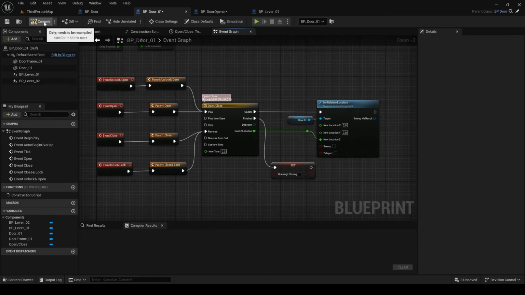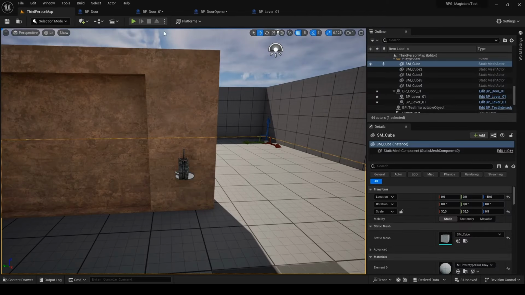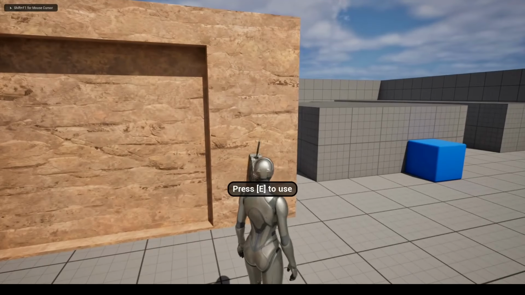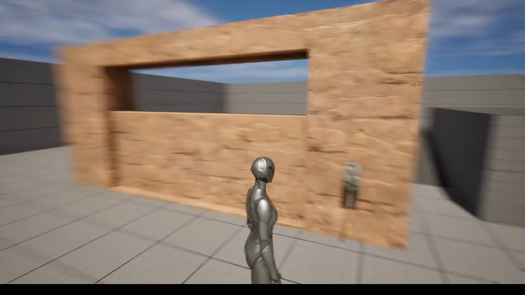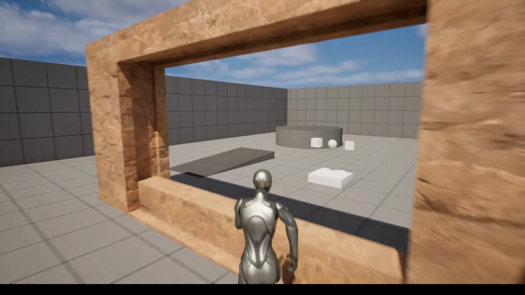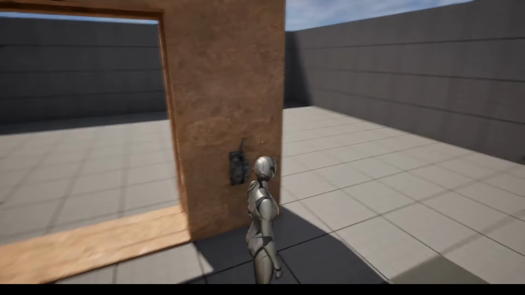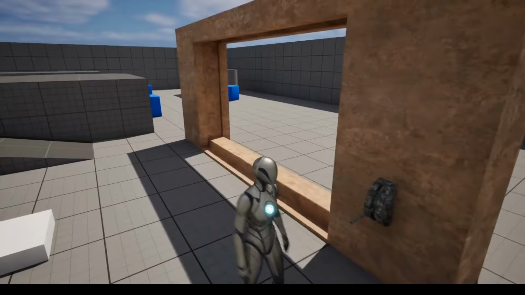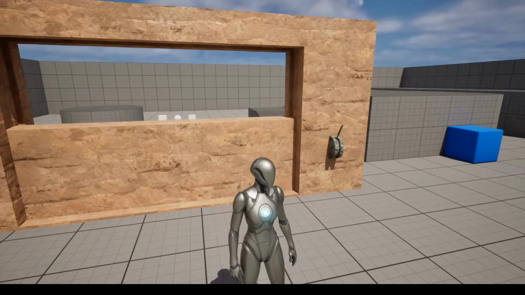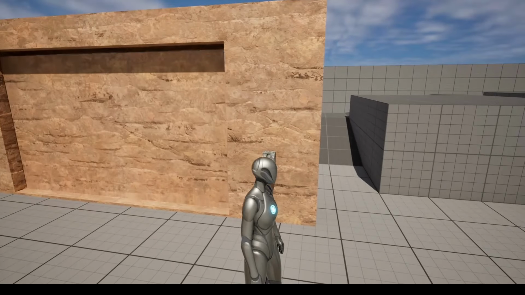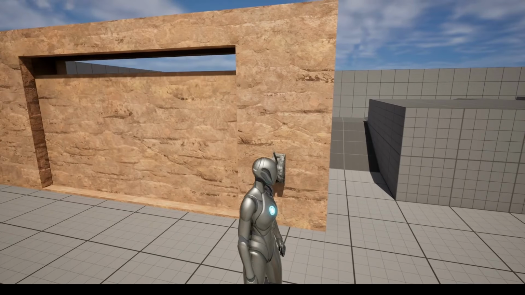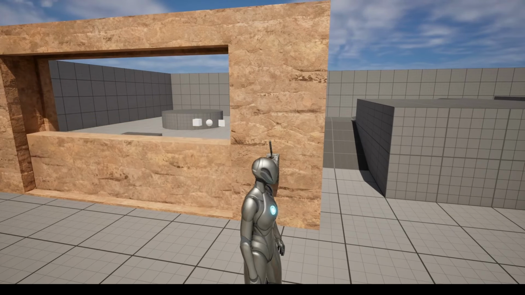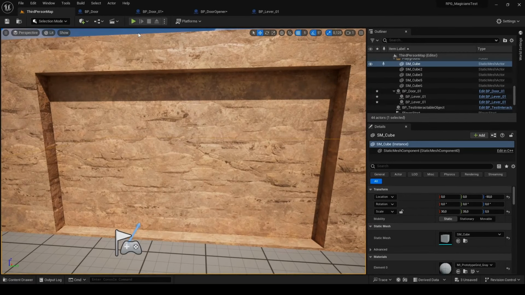Hit compile and let's check that it still works. Sometimes when you move bunch of code, you might forget to reconnect something, so it's better to test it right away. Everything still works. Now let's clear up the files, so in folder props are parent blueprints and child blueprints are in their files with their meshes.